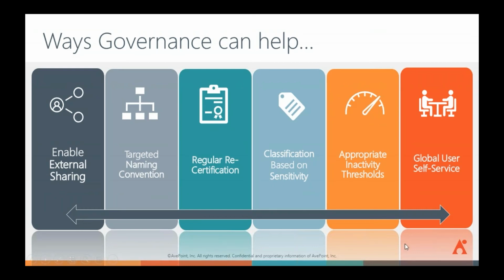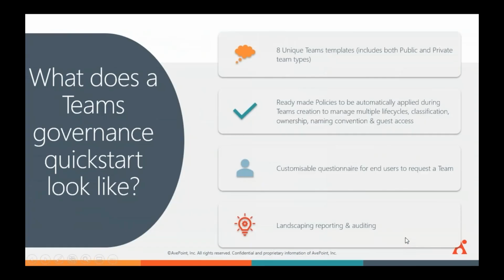So going forwards, what does that typically look like, and what are we talking about from a Teams governance quick start? It's that we can build unique templates that include both public and private types of teams. So public teams mean the whole organization can see things. Private means that it's locked down, only the users that are part of that, so your members and your owners